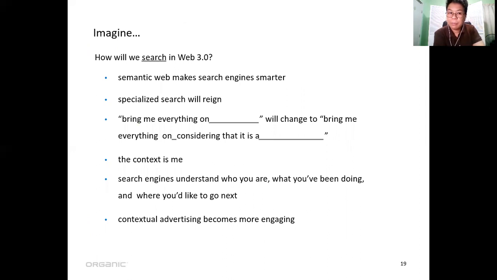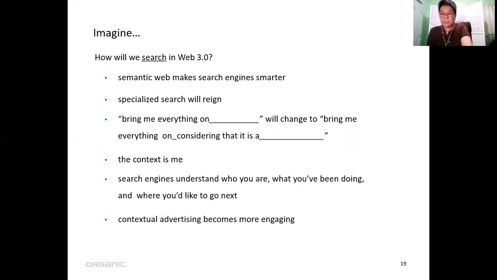Will it be a specialized search engine, where the context is me, and the search engine understands who you are, what you've been doing, and where you'd like to go next? Okay, so is contextual advertising becoming more engaging?